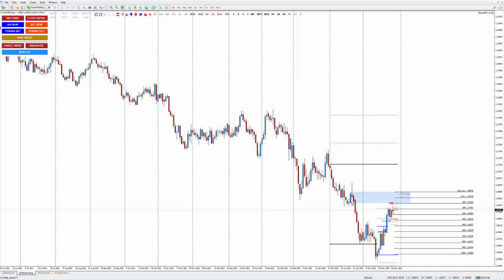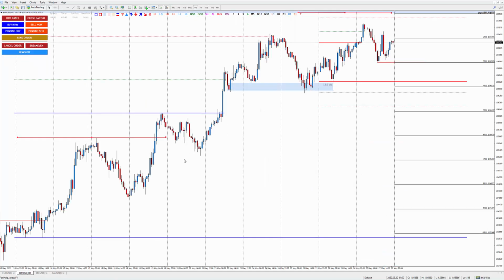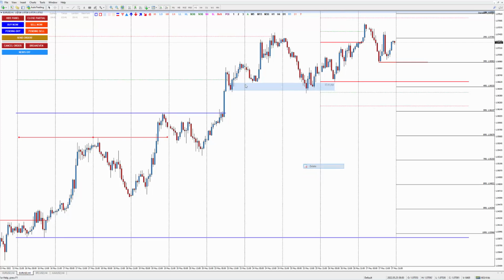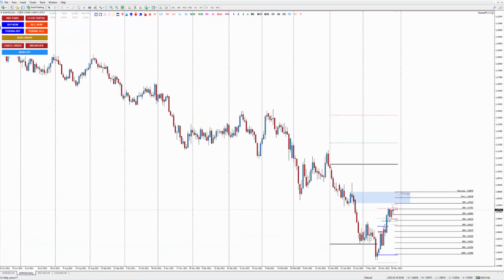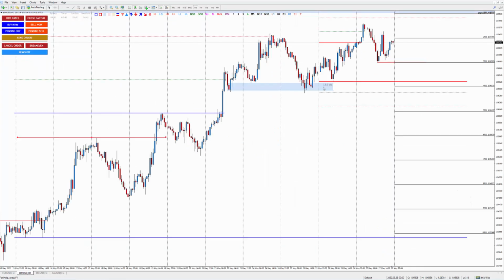Your take profit target is the next order block over here, because it is a counter trend based on D1. Okay, so that works the same with other time frames. For example, maybe you take a look on H1 and then you trade it on M15. Like here, I said that on D1 it is a minor structure. When I go to H1, it becomes the main structure. It looks like an uptrend, correct?